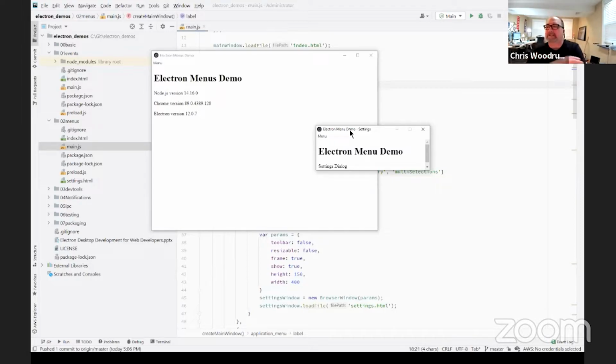So for the person that asked whether you can have more than one, or whether a render can generate another render: it looks like it does, because this menu is coming off of the main window. But remember, this menu is being driven from the main process.